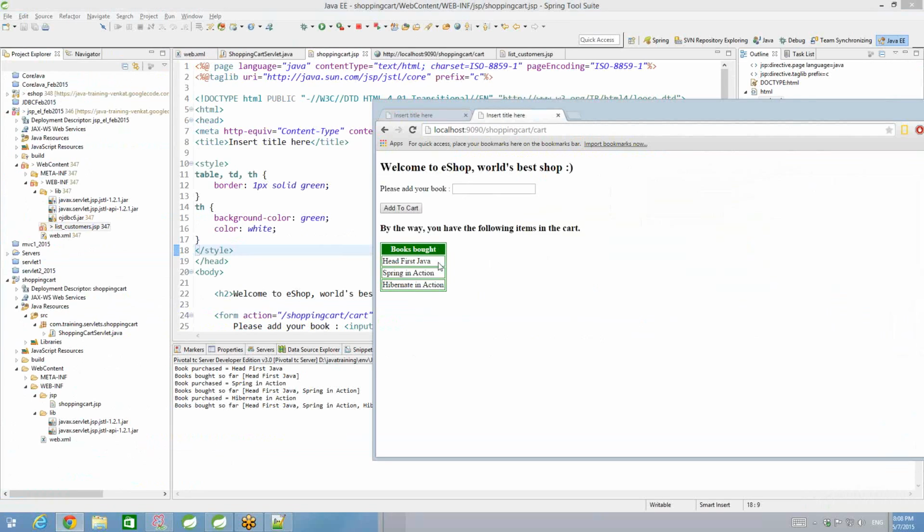By the way, you bought these books already. Head First Java, Spring in Action. I don't know whether it looks any better, or ideally we should make it a little more appealing, but that's fine for now. Hibernate in Action, and then